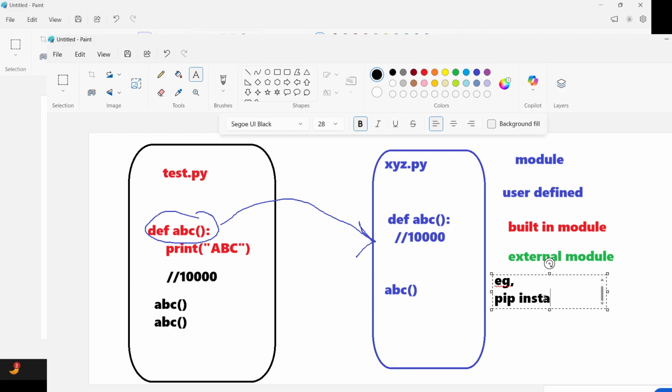Pip install any module name. For example, we can say pandas. So this module is not available in the system by default. You have to install it. And after installing this, all the functions related to that module will become available, and we can simply make use of those functions.